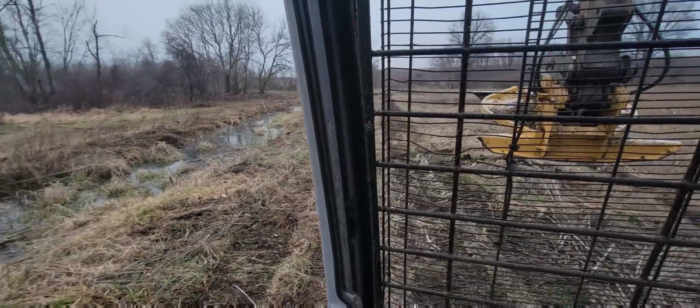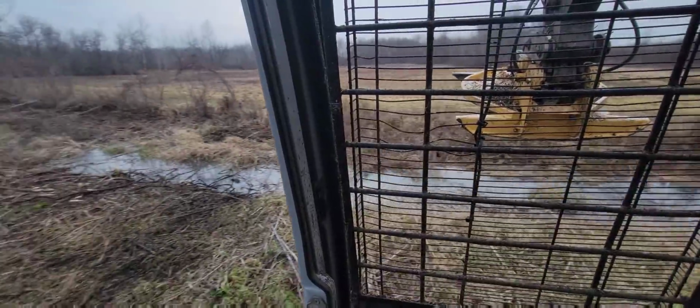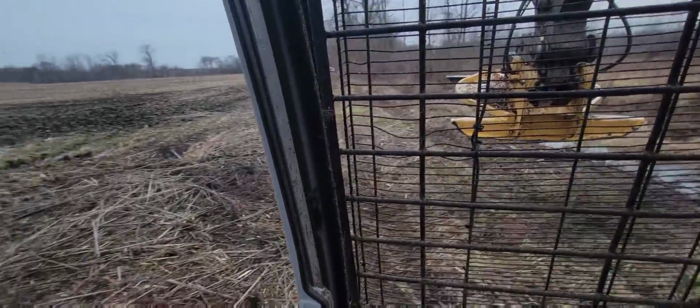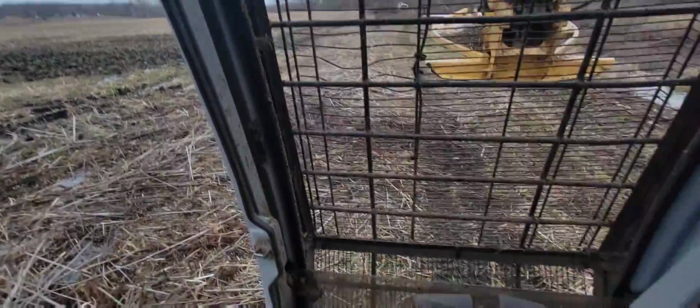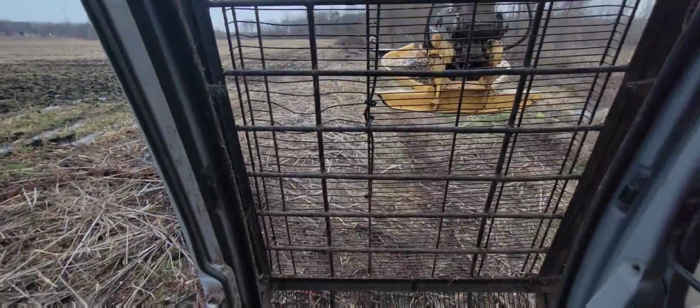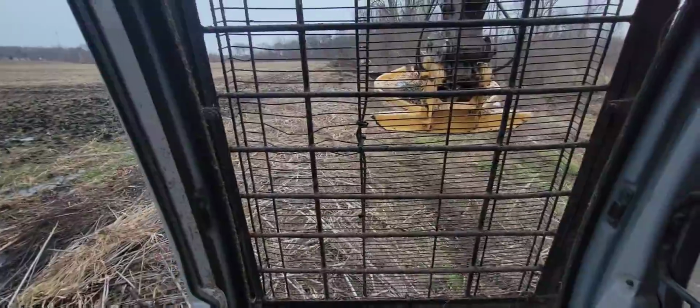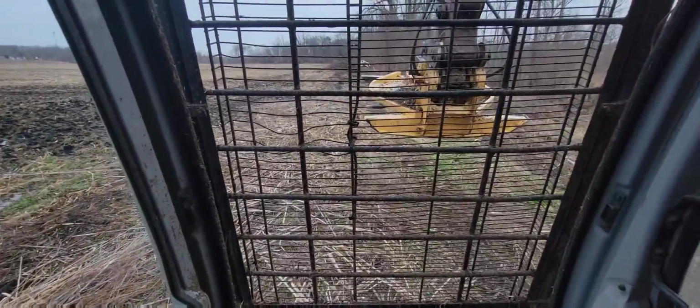So it's a 75,000 pound GVW trailer, so it would haul my drag line if you were brave enough to get it up there on the trailer. So it'd haul this excavator too, no problem. And I might haul this excavator on it a few times, or I thought if I got a 160, it'd be nice to move it around with it and not have to mess around with a detachable trailer all